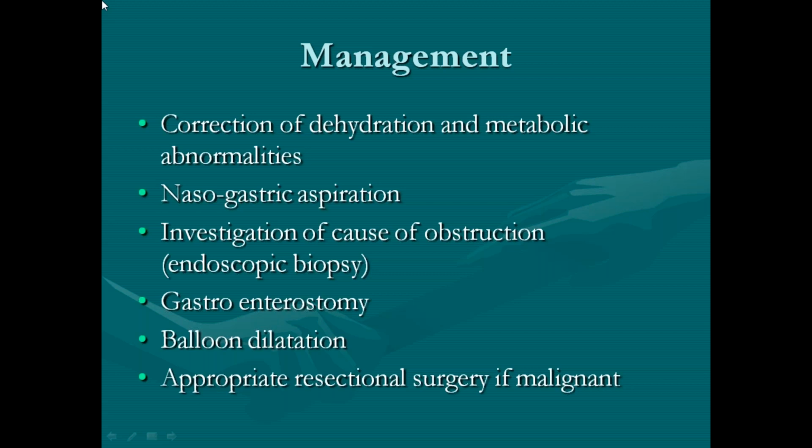Then you put a Ryle's tube or nasogastric tube, and you aspirate all the content present inside the stomach. You give a thorough stomach wash, gastric lavage, so you remove all the contents in the stomach. Until you do this, you cannot pass an endoscope, because if the stomach is completely contaminated with food, you can't appreciate anything. You can't pass the scope beyond that level. So that is the prime reason for doing the gastric lavage. After gastric lavage, you do an endoscopy and find out the cause of obstruction.